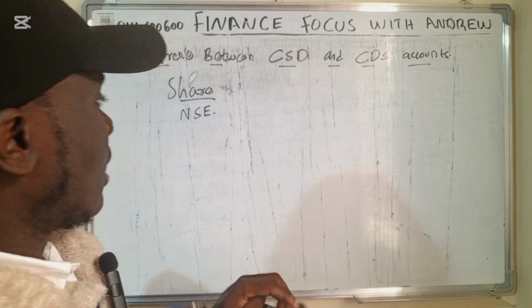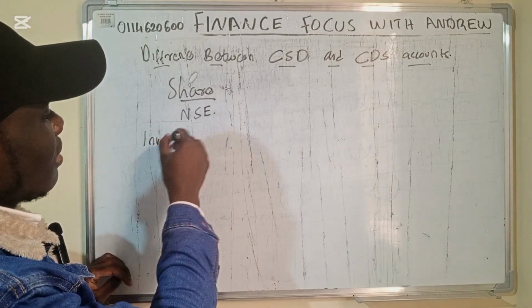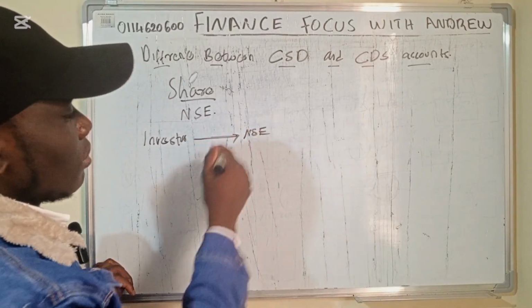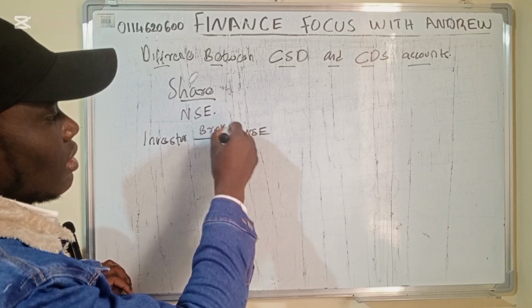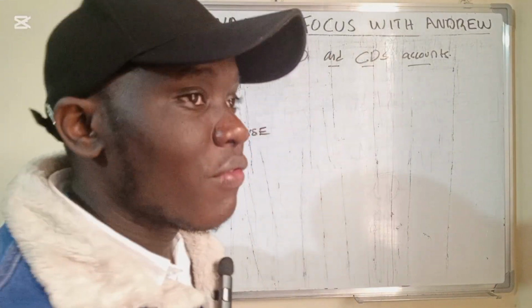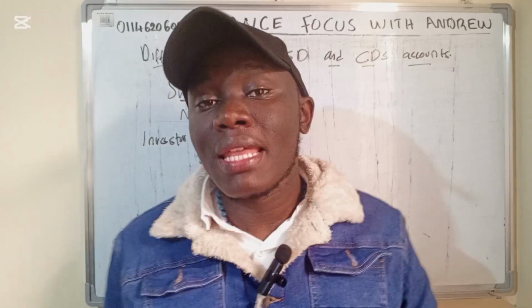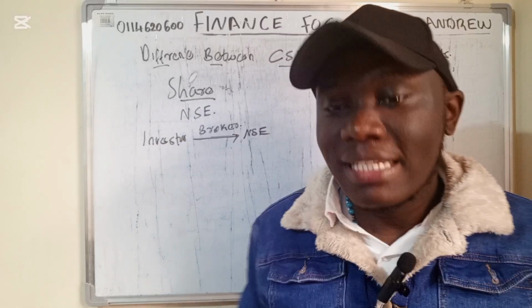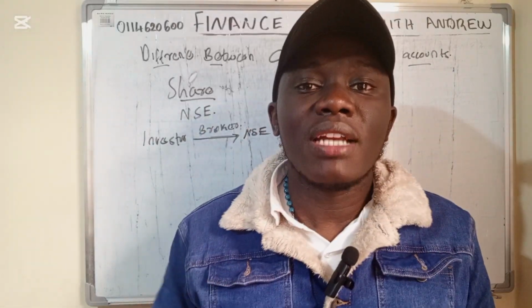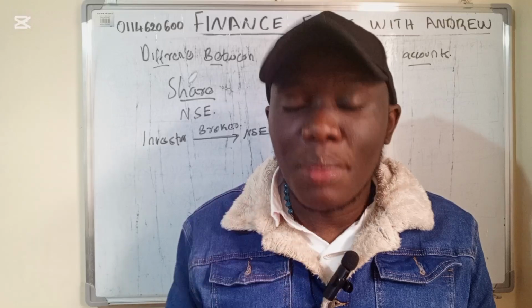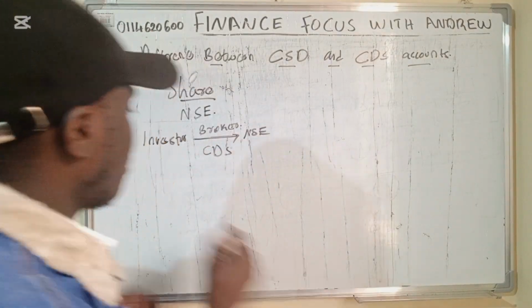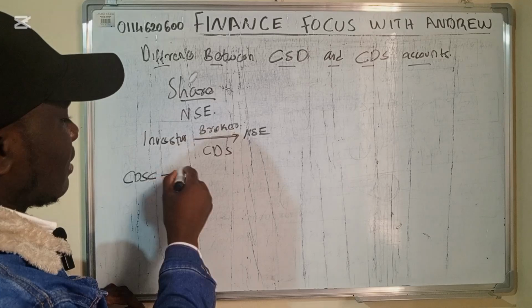So, the link between the investor and the NSE is what we call a broker. We have quite a number of brokers licensed by the Capital Markets Authority. You can check that information and open an account with one of the licensed brokers. The kind of account that you open with the licensed broker to access the Nairobi Securities Exchange is a CDS account, and this is run by what we call CDSC,